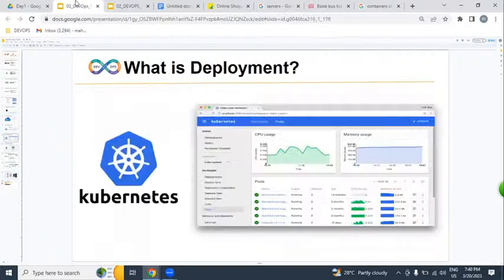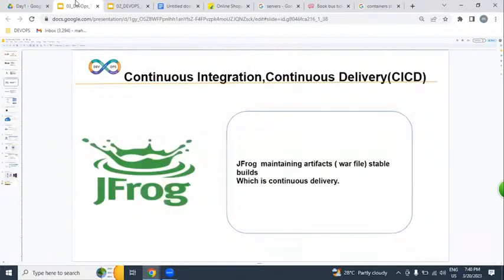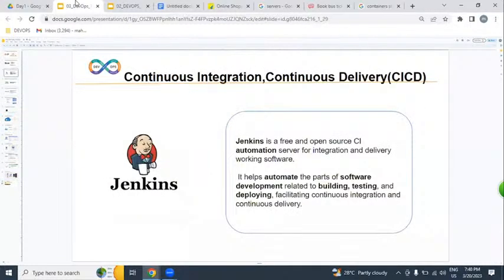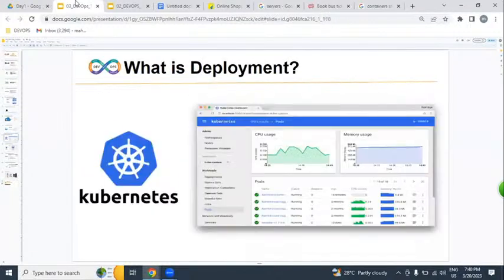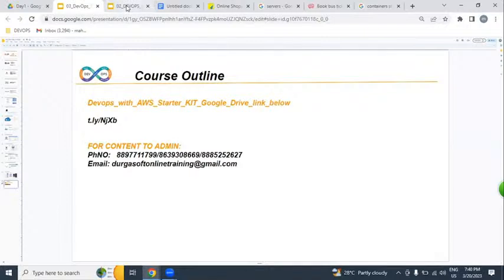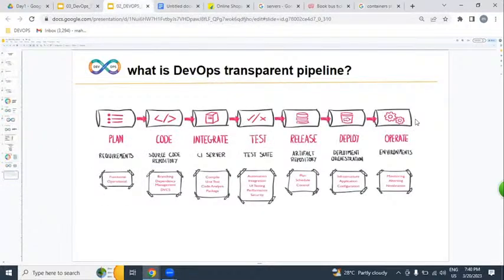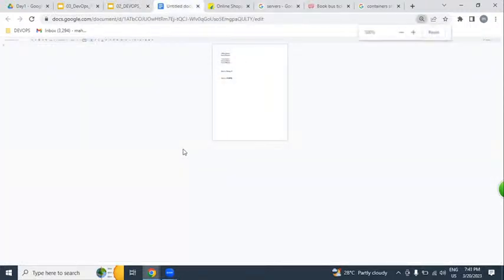So with the help of all these tools, we can implement this DevOps process. While implementing this DevOps process, we require an infrastructure.